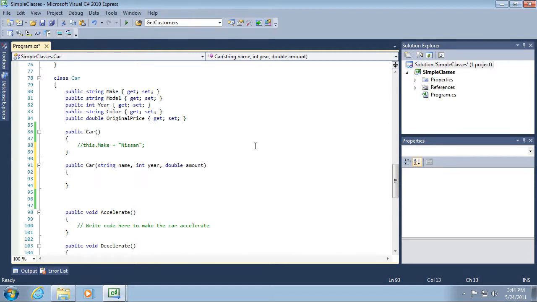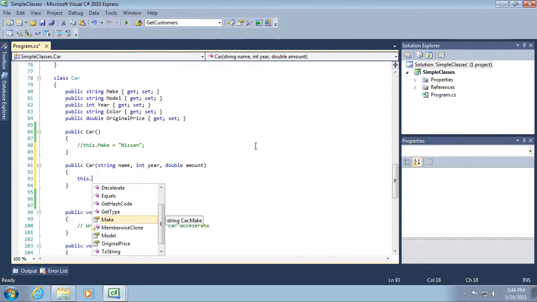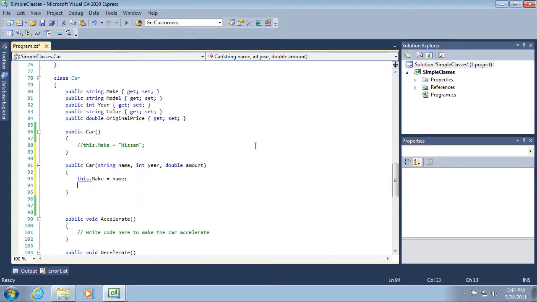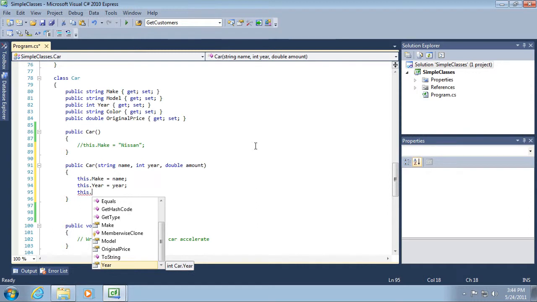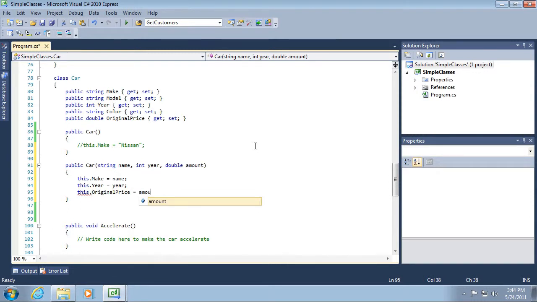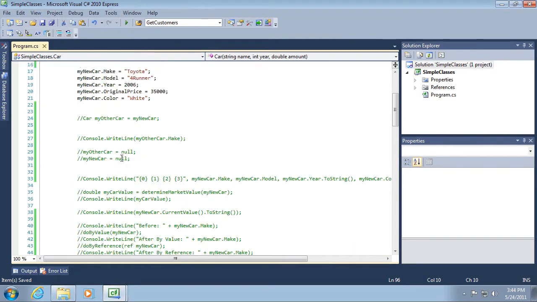I'm going to do this, and so we'll set this dot make equal to name, this dot year equal to year, and this dot original price equal to amount. All right, and notice I purposefully did not use, in a couple of cases, the same parameter names as I did the actual public properties. Okay, so now if I were to go up here